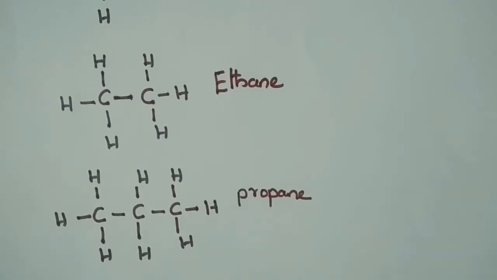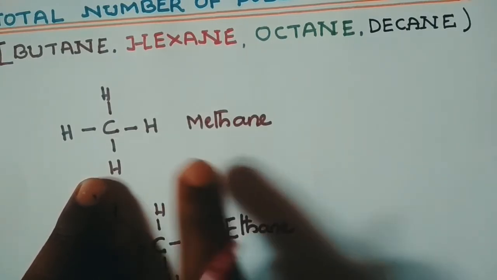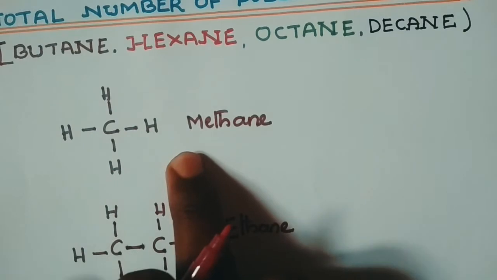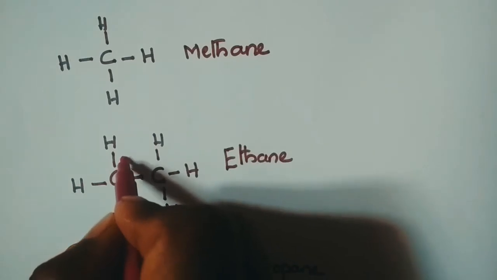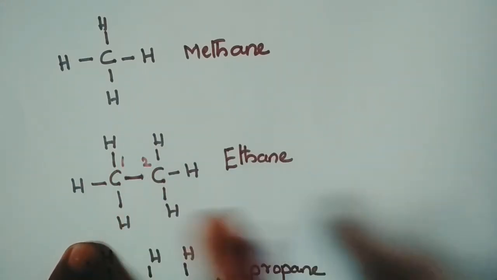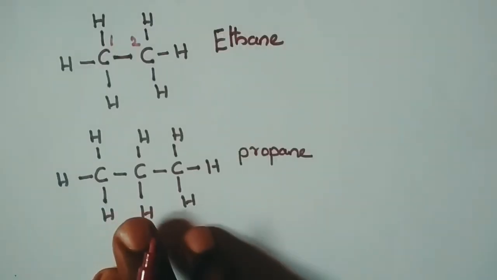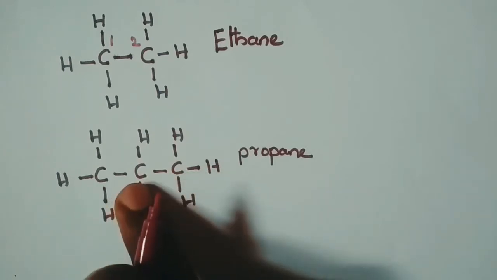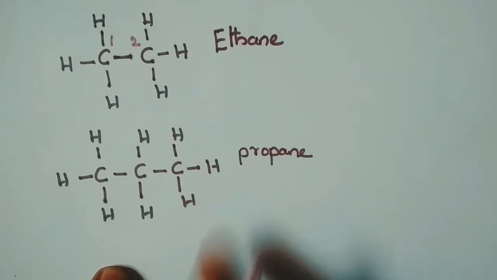Now you can come to what is an isomer. Isomer is nothing but the same molecular formula but a different structural formula. So you can observe methane, here only 1 carbon is there, you cannot change the structure, hence the number of possible isomers is only 1. When we come to the ethane molecule, if you interchange carbon 1 and 2, the same structure appears, hence here also the possible isomer is 1. When we come to the third one, if you interchange any carbon, here also the same structure appears again. Hence here also the expected isomer is only 1.